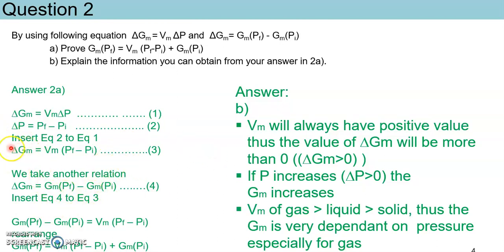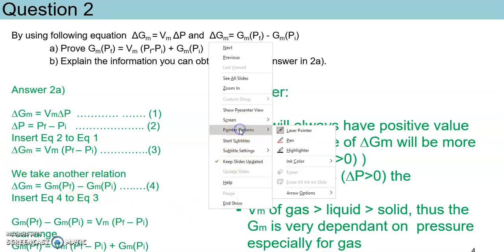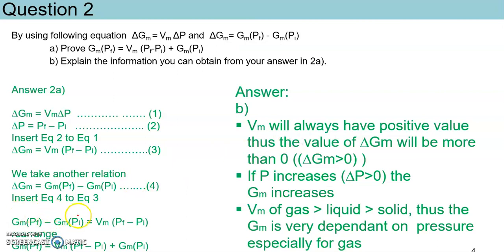We just replace this delta Gm with this one, and then we will have this equation, and then try to rearrange it. We can get molar Gibbs energy at a final pressure equal to molar volume in bracket final pressure minus initial pressure, plus molar Gibbs energy at initial pressure. So we already proved